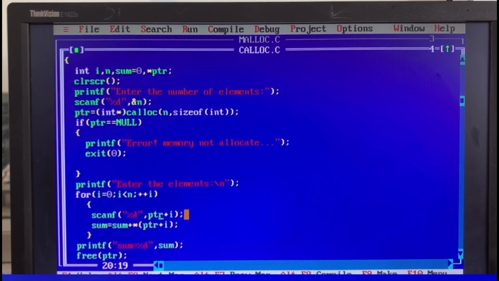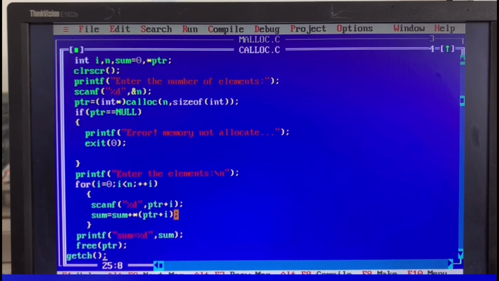Initially i starts from 0, so the first address is ptr plus 0, the 0th position for storing the number. And then in the next line we sum these numbers and store them into sum. It is repeated up to n numbers, and then finally we print the sum of n numbers.